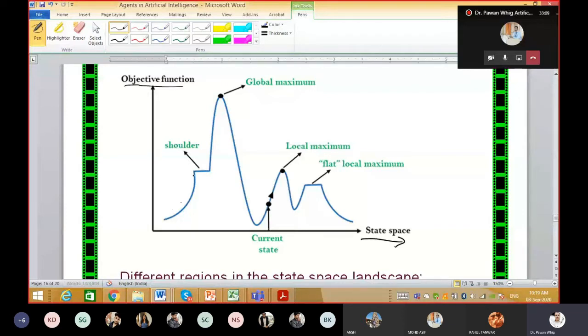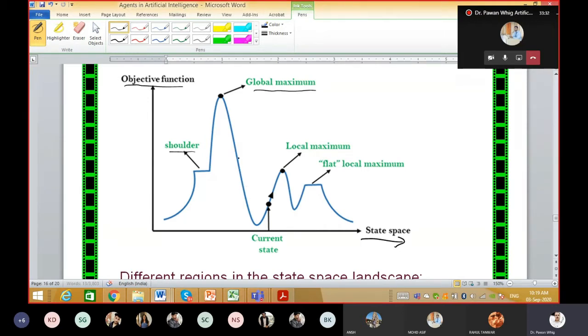So when you move up the hill, certain kinds of states will come, like flat. At some times in the middle you will get a flat surface. That flat surface is what we call a shoulder, right? Or when you reach the top, this top is what we call the global maximum. I already explained this.